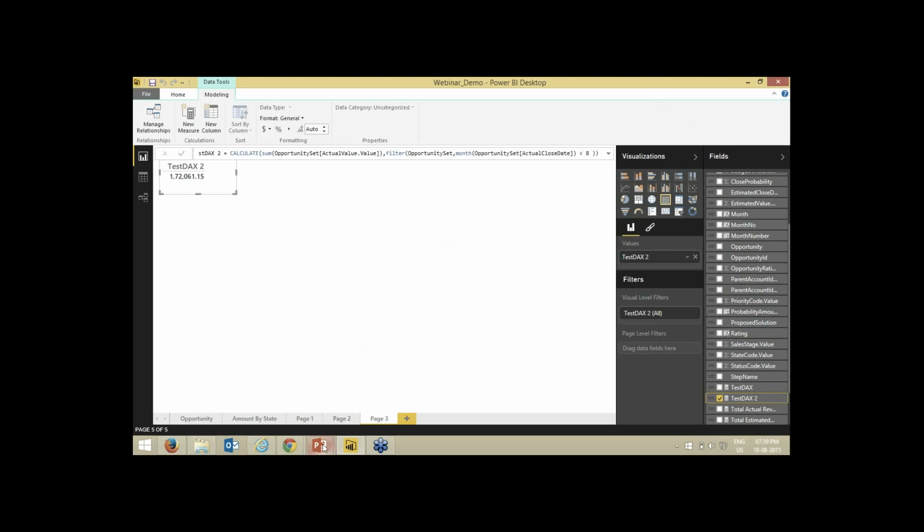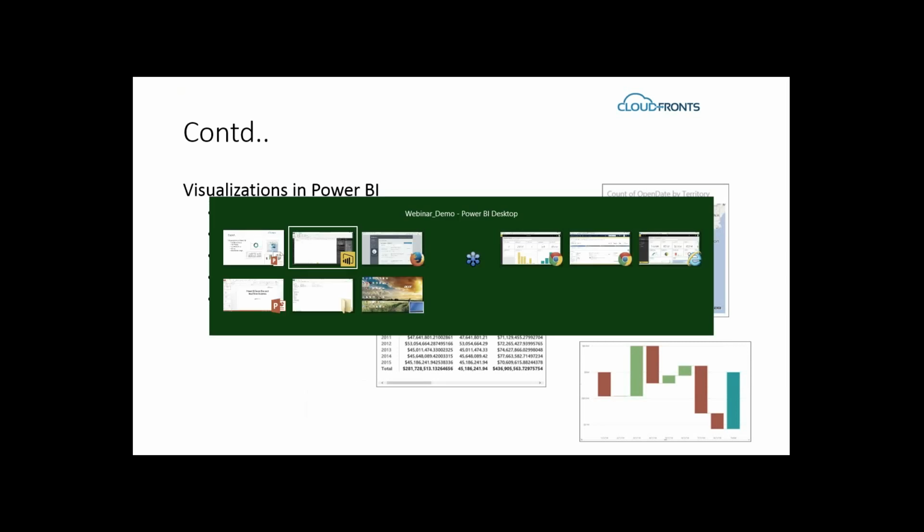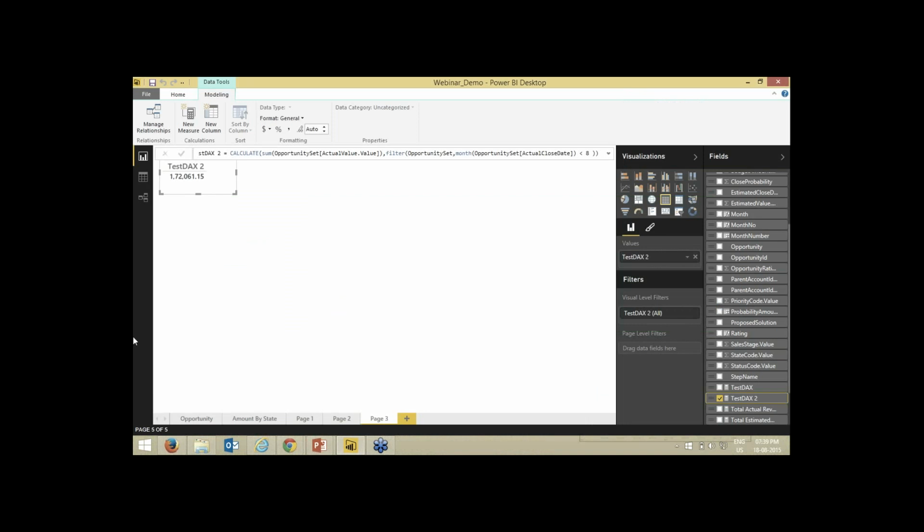Now we'll see some of the visualizations which the Power BI team introduced after they went globally available. So we'll see the visualization of donut charts, filled map, waterfall chart, matrix, and standalone image. So on the same canvas,